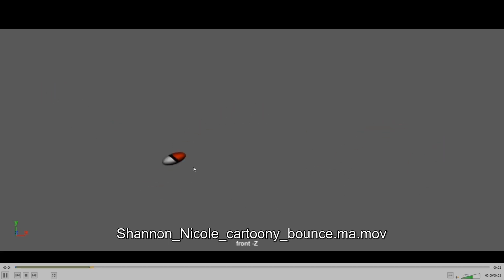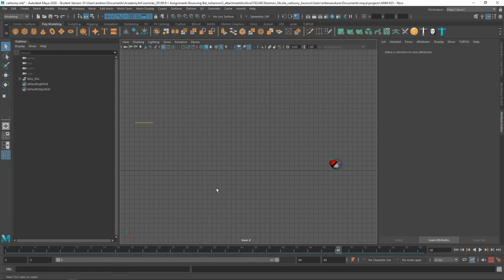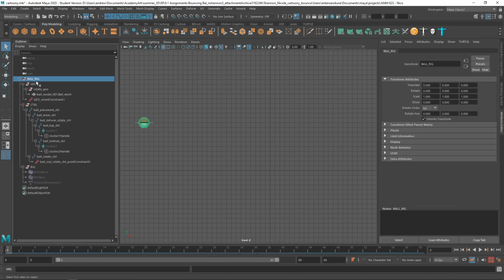The idea that it starts off fast and slows down generally is okay, but it's like it accelerates and then decelerates, so it shouldn't accelerate. So let's just take a look at Maya, and let's start with